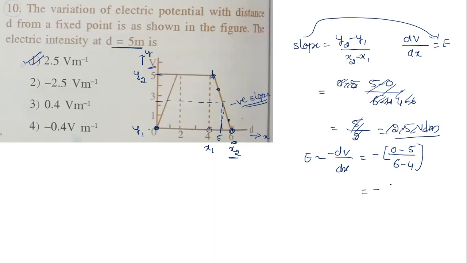So this is minus of 0 minus 5 by 2. So it is minus of minus 2.5, which is again 2.5 only. But the difference is there. Previously, I took 5 minus 0. We are not supposed to take 5 minus 0 because here potential is decreasing, right? So at this location, what is the potential I should take? Okay, please make a correction over this. So let us move on to the next question now.